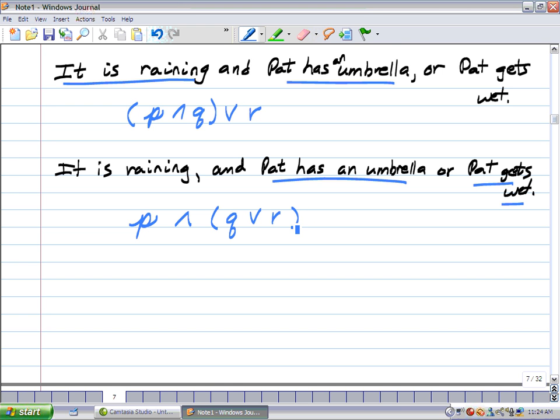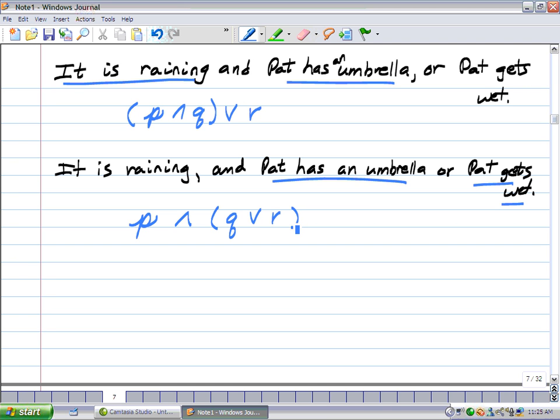These two statements are not saying the same thing. In the first one, we're saying there's two possibilities. One of them, it's raining and Pat has an umbrella. The other one is that Pat gets wet. In the second statement, we're saying two things, and we're saying both of them. One of the things we're saying, it is raining. The other thing we're saying is that either Pat has an umbrella or Pat gets wet. So we're saying two different things, and we know which we're saying by the parsing or the commas in the English statement. Now, if we were going the other way, we would know where to put the comma based on